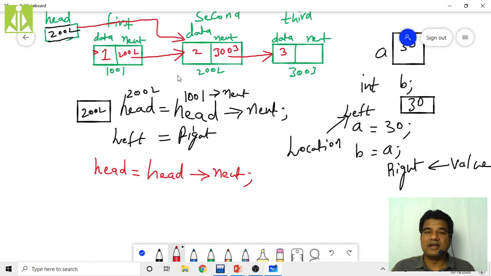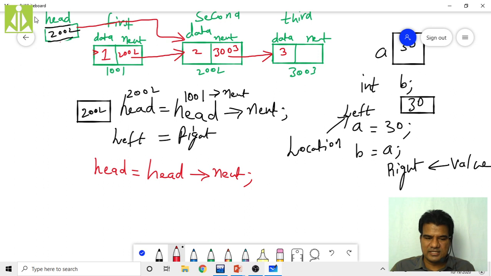So moving the head one step ahead, what will happen? We are removing this node from our linked list consideration. Once the head is moved one step ahead, do we have any kind of access to this node? Simply not, because we are excluding this 1001 from our consideration. Are we storing 1001 anywhere in our entire linked list?